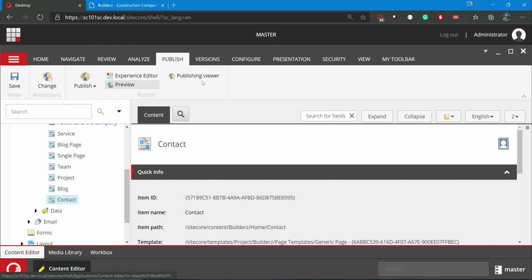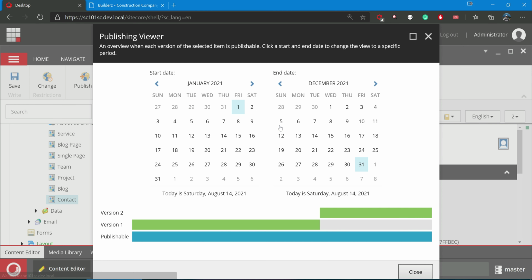So you can also see here the publishing viewer, what version is publishing when. Version 1 was publishing till here, and version 2 is publishing from here. Today is Saturday, August 14. So this item is publishable, but it is going from the 14th onwards. So that's what it is showing. I can select, see here,